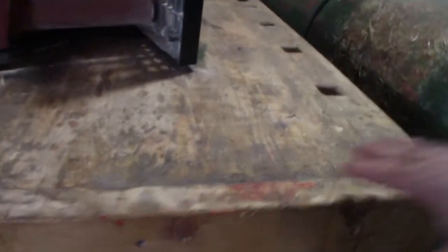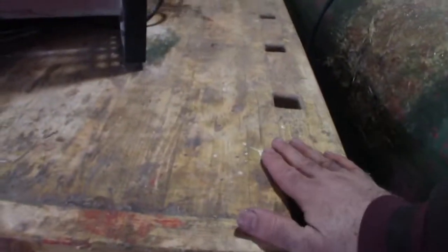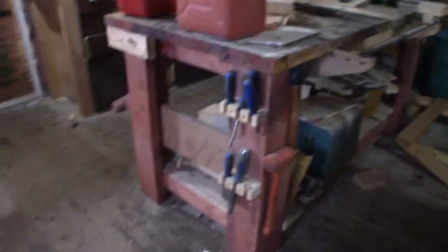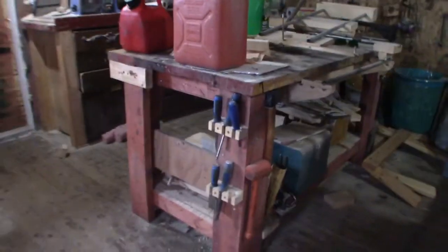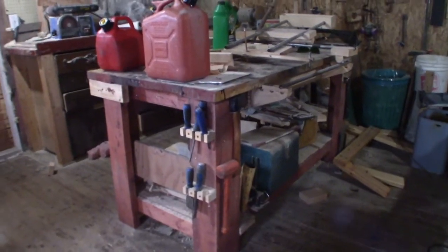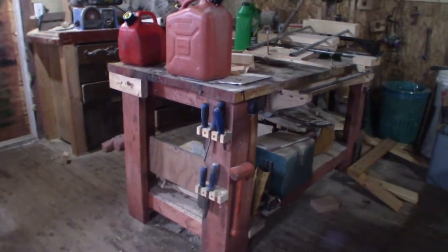I built this head of straight grain lumber. It's your basic construction lumber, 2x4 on edge. But my first table I made was this one. And so this is just some straight milled rough cut lumber, and I put it together in the shape of a